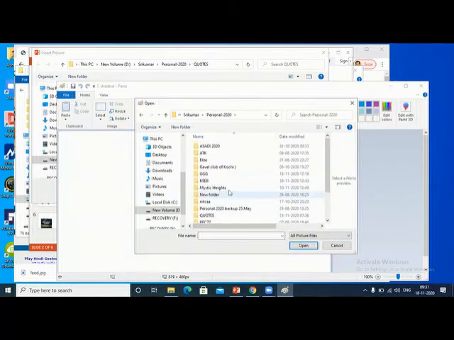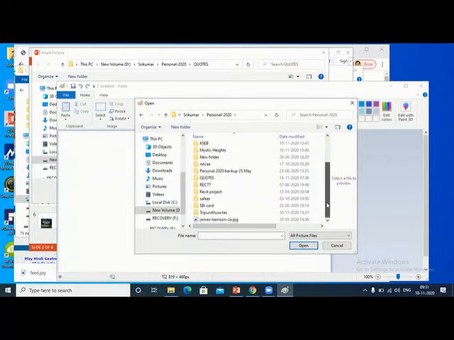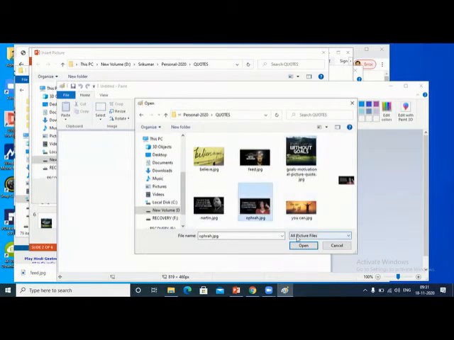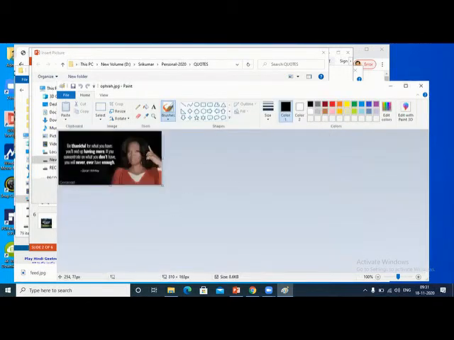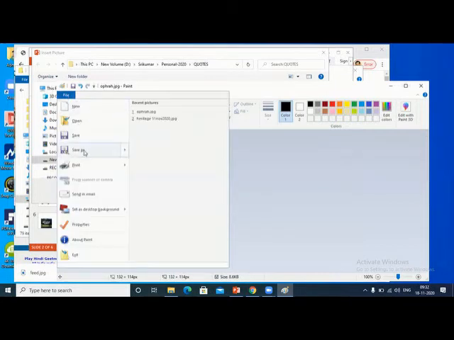You can bring that picture here first. So this is the picture I want. So I opened it here and I have to make it approximately square. Crop, file, save as.